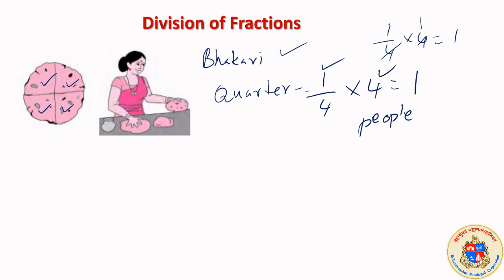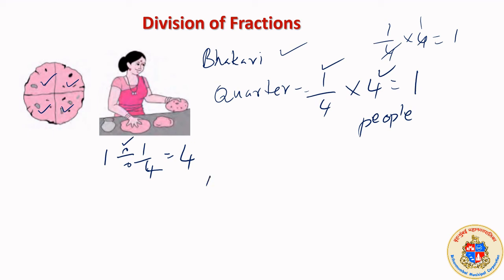That means if you think about division, 1 divided by, if you are dividing 1 with any one of these, if you are dividing 1 with 4, you will be getting 1 upon 4. If you are dividing 1 with 1 upon 4, total एक चपाती हो गया बाकरी, total 1 बाकरी हो जाए. If you are dividing it by 1/4, because we are giving quarter to each, then it must be sufficient for 4 people. Correct? ये division correct है, लेकिन ये division कैसे किया?